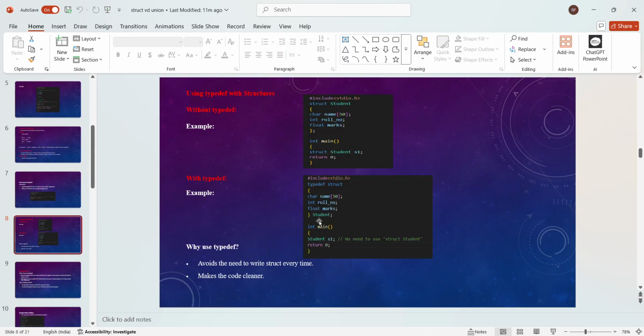And using typedef with structure. Without using typedef, what will happen? With using typedef, what will happen? This is without using typedef. So without using typedef, this is the normal operation. It's declaring a structure in main and just calling that, that's it. But with typedef: